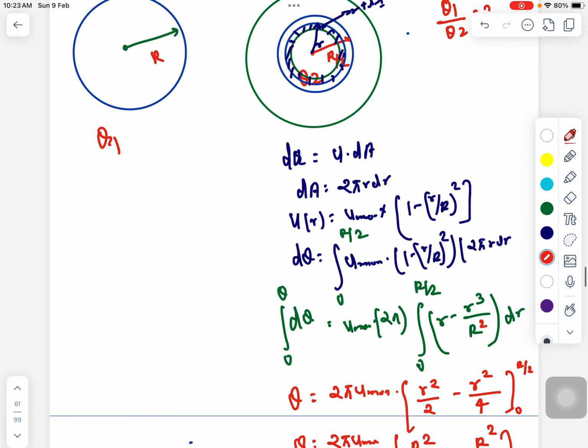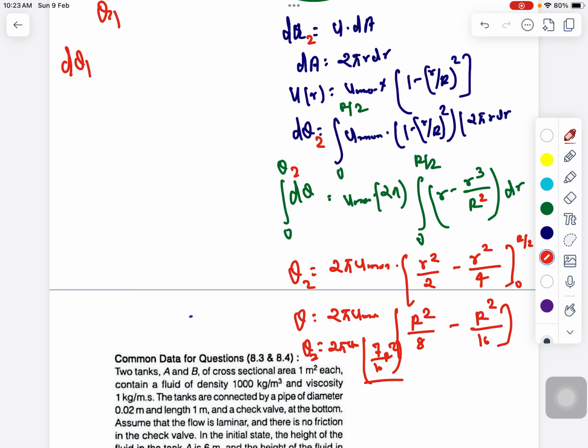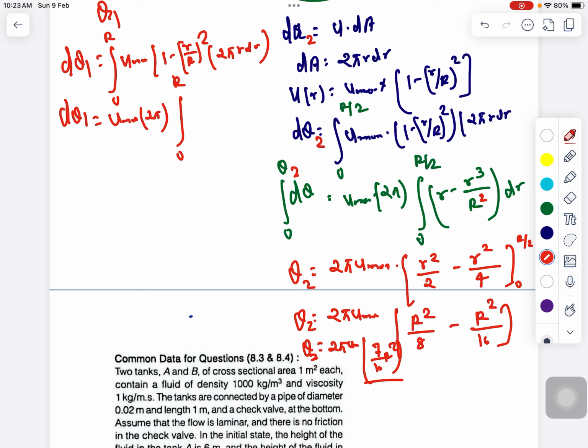And for this one, if I am calculating Q, so for dQ1, let's say this is dQ2, things will be very easy for you. For dQ1 you can write 0 to R and obviously u max into 1 minus r by R whole square into 2 pi r dr, right? So dQ1 can be written as u max into 2 pi, it will get common, and you can write 0 to R, r minus r cube by R square dr. So finally you can write Q1 equals 2 pi u max into R square by 2 minus R square